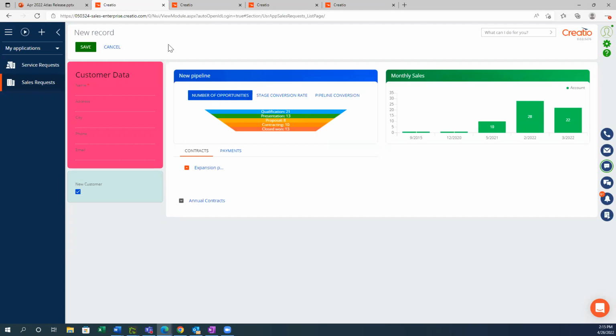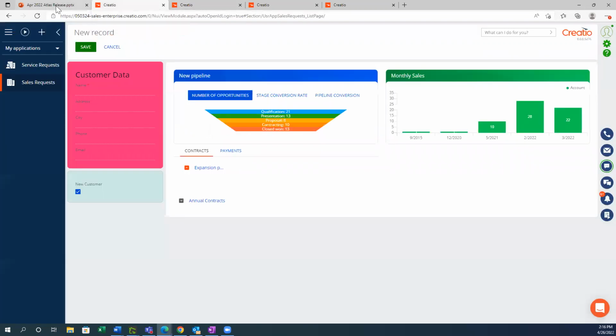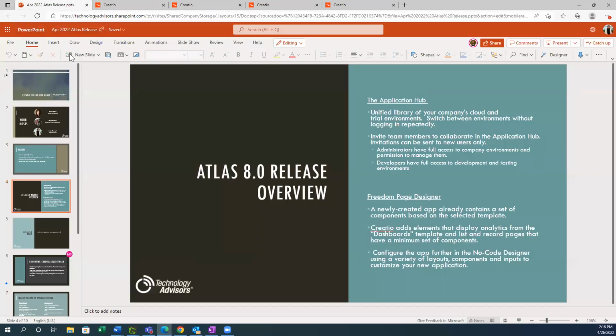So, you can make these changes within the application hub and then go back and run the app and view it in real time, how they look when they're finally designed, make updates to it and run it. So there's a lot of flexibility with this new feature. And we'll go into